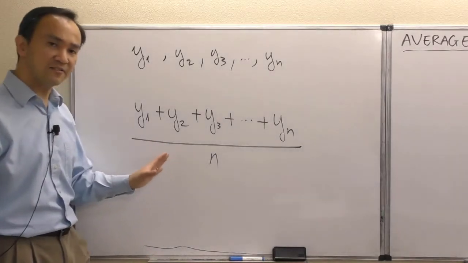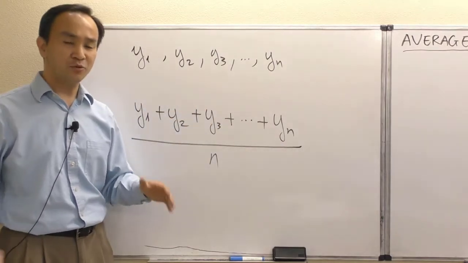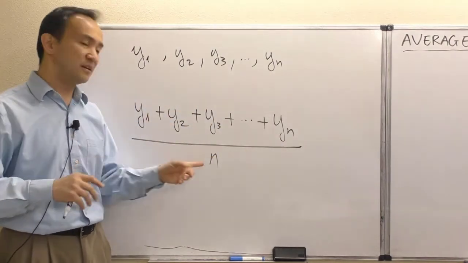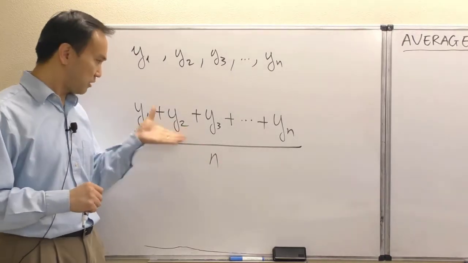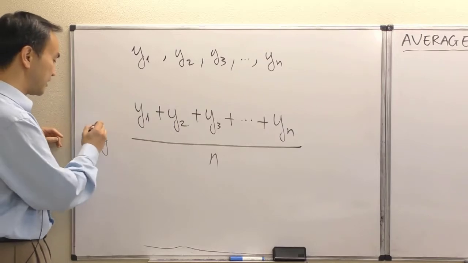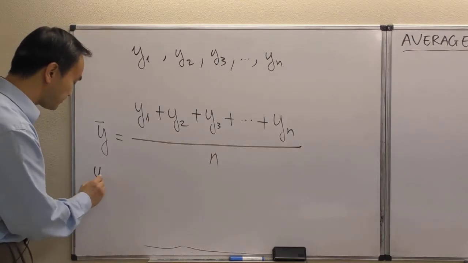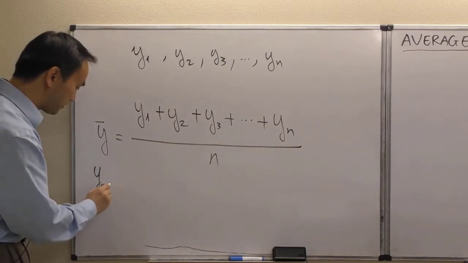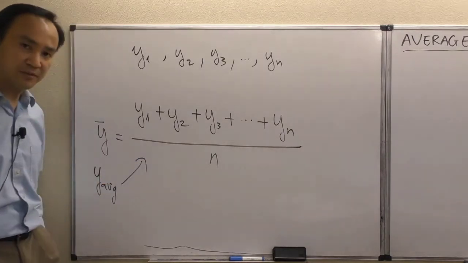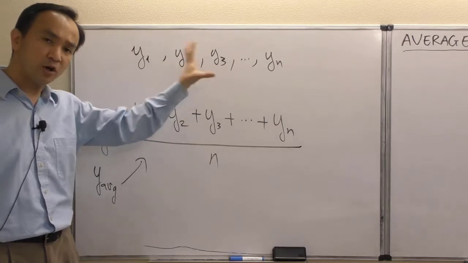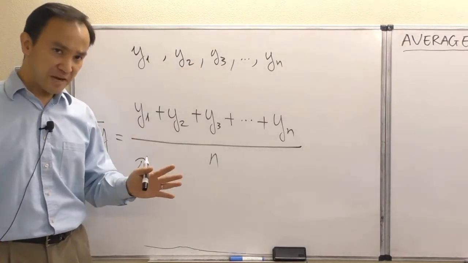And that's exactly the mathematical interpretation of how people have been verbalizing it. We add up all the values and divide by how many numbers there are. So that's just what it is. This is called the average value, y bar. That's one of the common symbols, or y with a subscript avg is another symbol for the average value of all the y values on this list. With that brief basic understanding,